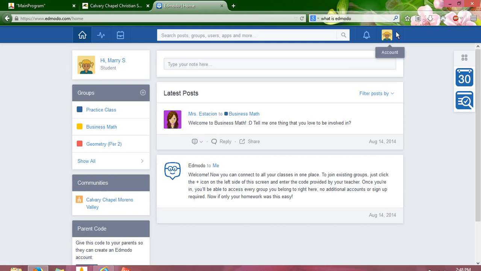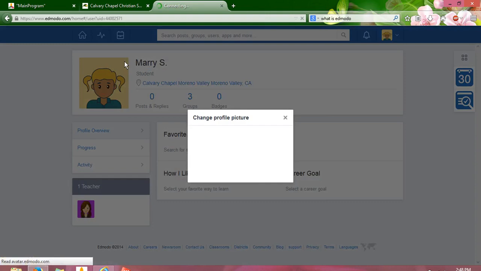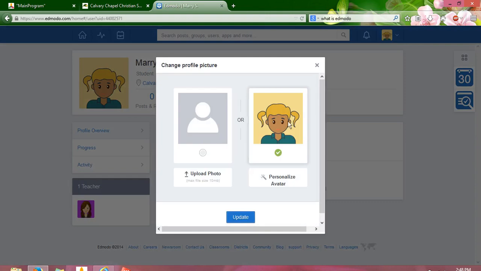Afterwards, then go up here to your account, and this is where you're going to pick your profile picture and so forth. So go up here. So at the top you can see this little pencil. Click on that, and this is where you can pick your avatar, or you can upload a picture. It's up to you. If you do the avatar, if you click on that,